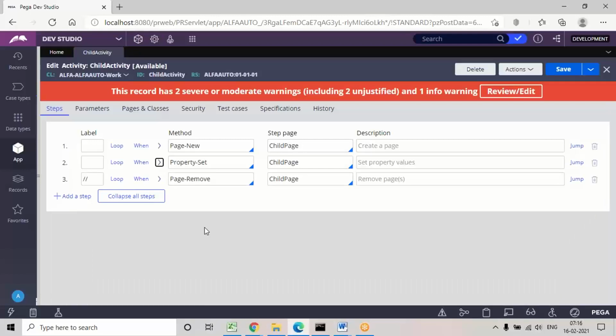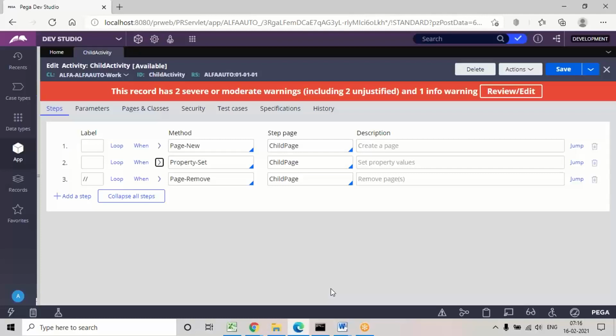Now the next one is another tool called the tracer. The clipboard is server-level debugging. If values are assigned, it will show the value. If there is some problem with your business logic, generally in the clipboard you will not get any error; it will not show any errors. If values are there, it will show the page name. Otherwise, if values are not there, it will show blank data. It will not throw any error. If there is any mistake in your activity mapping, like in any methods, or when you are defining parameters in the method, such kinds of issues we can only find in the tracer tool.